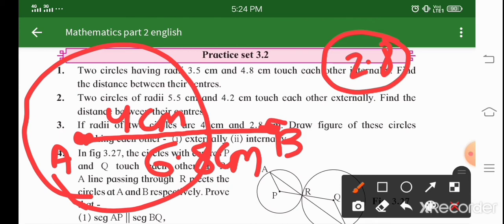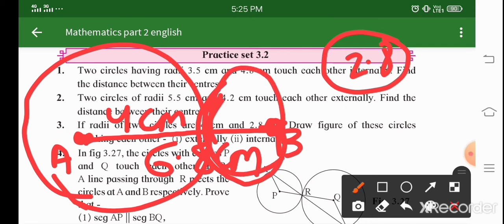At this point you'll have to keep your rounder and then start drawing the circle. When you start drawing, sorry, it just crossed that line. It will just touch. Okay, I'm just showing the rough figure only. So this kind of circle you'll get, right? So this is just 2.8 only. Okay, I think this is clear. This is for the externally touching circle.